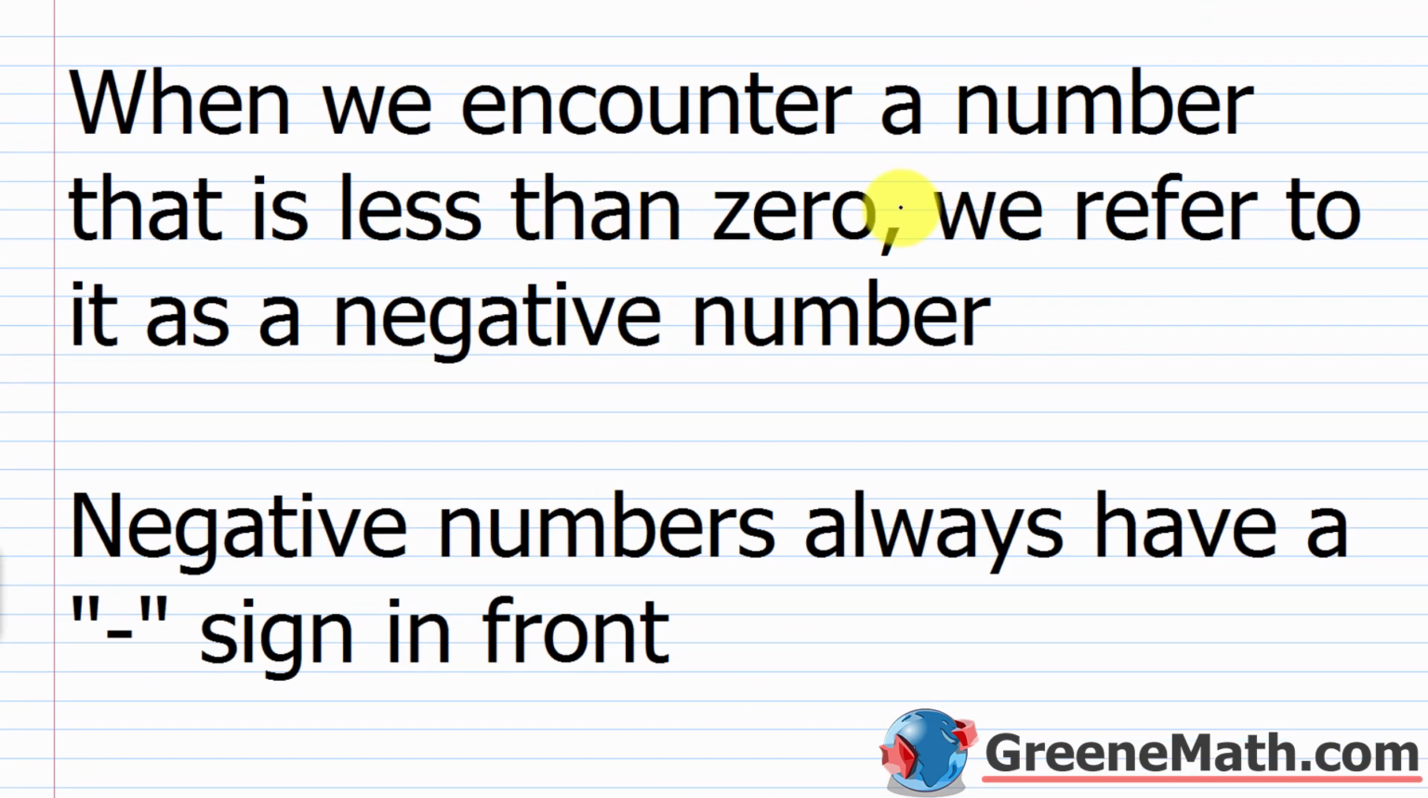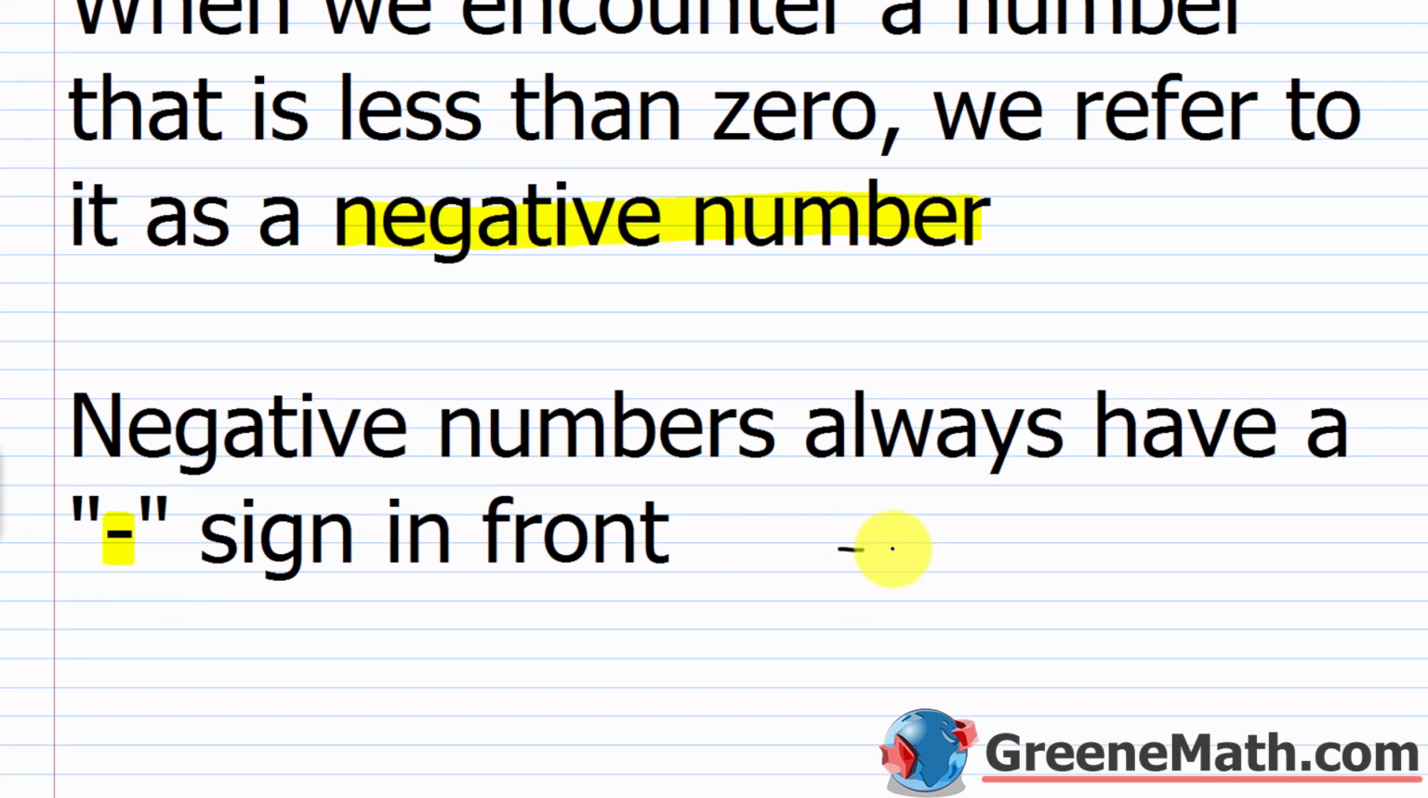So when we encounter a number that is less than 0, we refer to it as a negative number. So negative numbers always have, and again, I talked about this previously in this lesson, this symbol right here, which we've used for subtraction up to this point. So this symbol, we put that sign in front. So if I wanted to, say, write down the number -3, I would put this symbol directly in front of a 3, and I would have a -3. So this is a negative